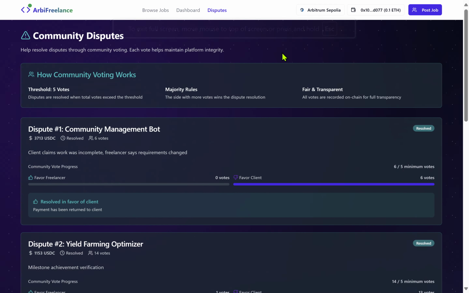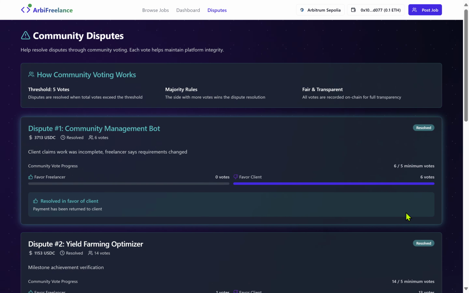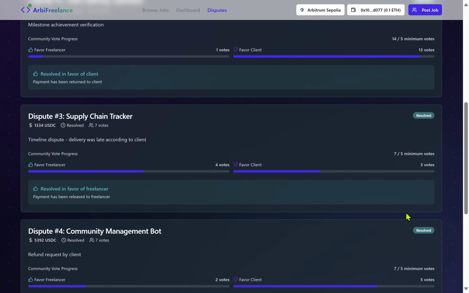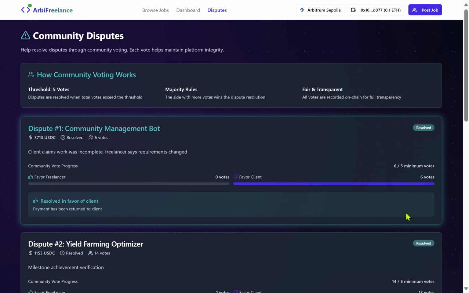Also, this platform has something called community disputes. This feature is added for resolving disputes between the client and the freelancer. Here, all the disputes are listed, where the client and freelancer community can analyze the disputes and make their decision by voting on whoever is right, or taking sides.